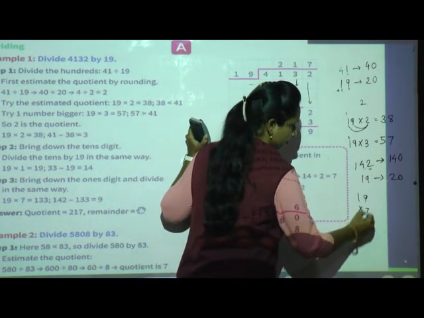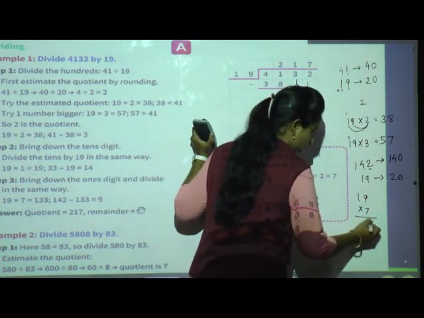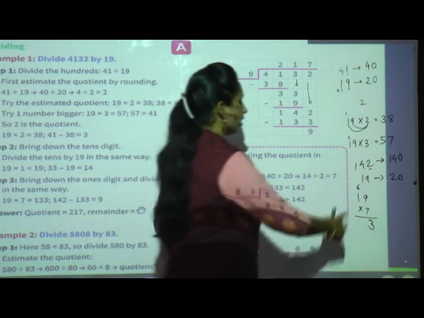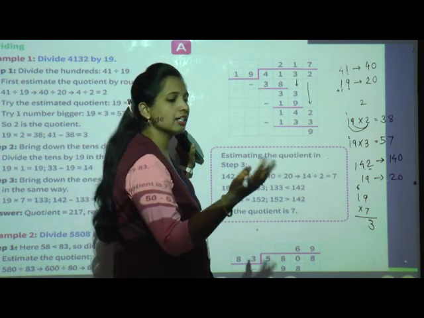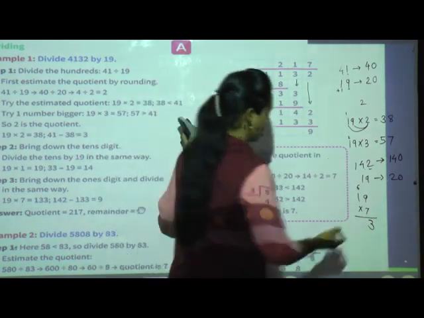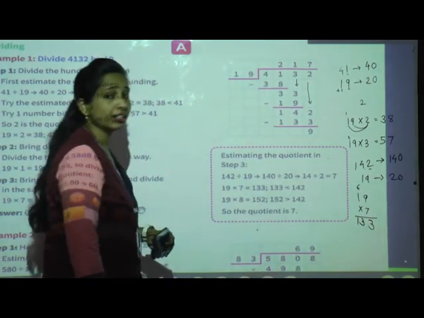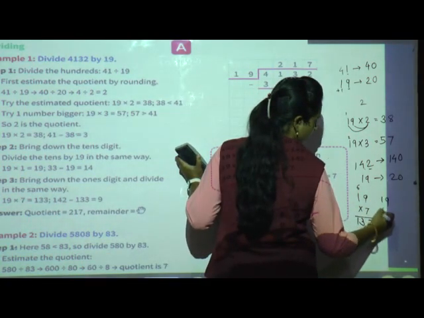Now try here. 9 7s are 63. Carry 6. Say 7 1s are 7. 7 plus 6, count everyone: 7, after that 8, 9, 10, 11, 12, 13. Isn't it? What is the answer? 133. But it is not sure. Now what will we do? We will go with one another.